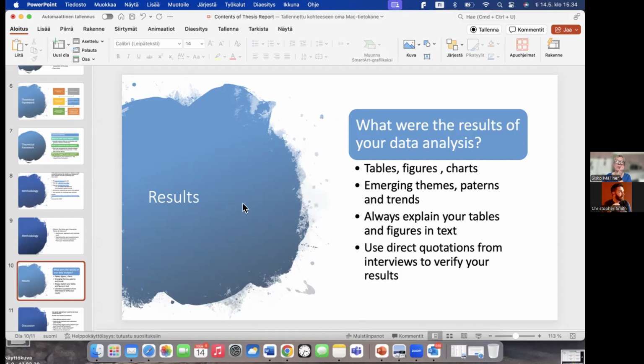And then the results will show emerging themes, patterns, trends. Always explain your tables and figures in the preceding text. So you introduce table 3, and then table 3 follows. And